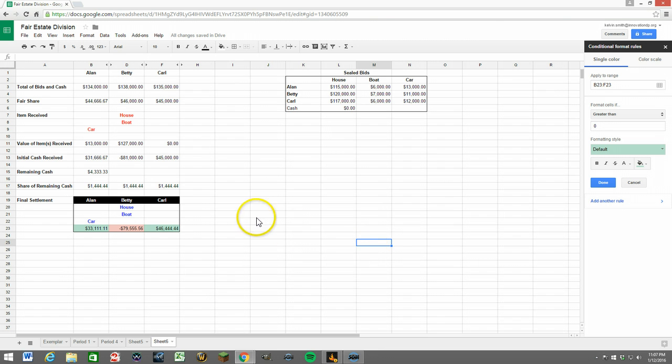So the final settlement. Now this is a fully functional tool, so all we need to change is the cell bit. So for example, if I mess around with the numbers a little bit, if I make Alan the winner of the boat, so I put 7,000 here, and I put 6,000 there, we notice that stuff changes around, right? The winner of the boat and the car is now Alan, and Alan has a smaller share of the cash than he had before, because he had 33,000, but he won 2 items this time around. So that's the point. We don't want to actually type numbers in here. We want to use